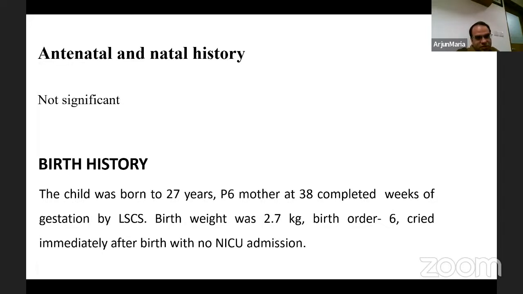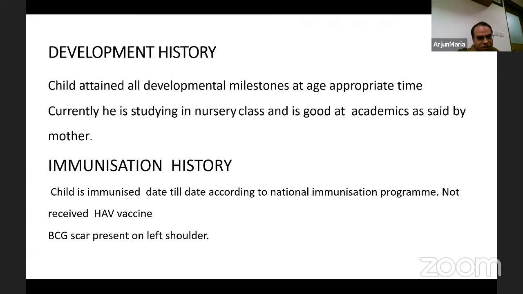You said past history is not significant. Yes, sir. So, what is the need for such a detailed birth history? Okay, sir. Okay, go ahead. Developmental history: child attained all developmental milestones at the appropriate time, and is currently studying in the nursery class,